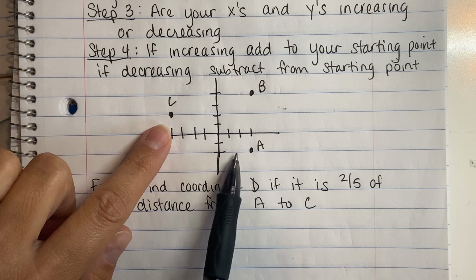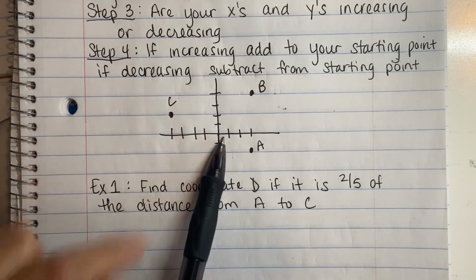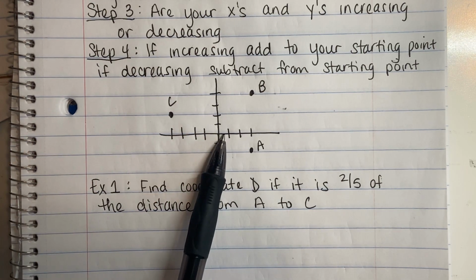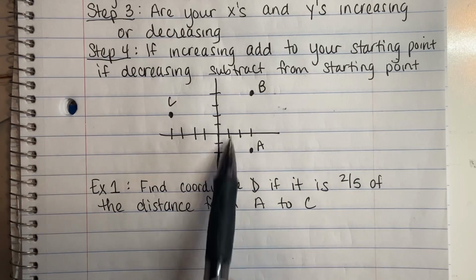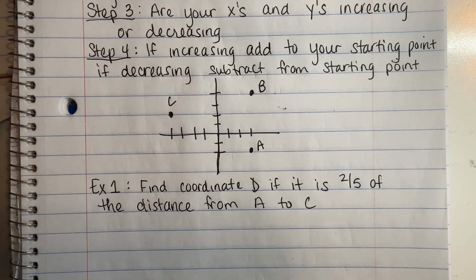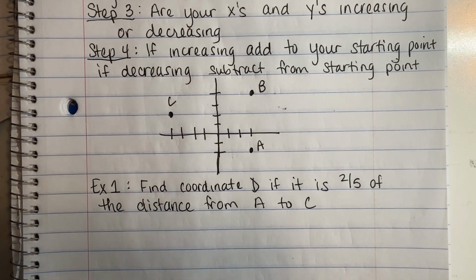So when we're done, we're gonna check our answer. We're gonna make sure it's somewhere maybe around here, okay? Now this is a drawn graph, it's not perfect, so we might be a little bit off, but it should be somewhere in that vicinity around the origin. All right, so we're gonna do our